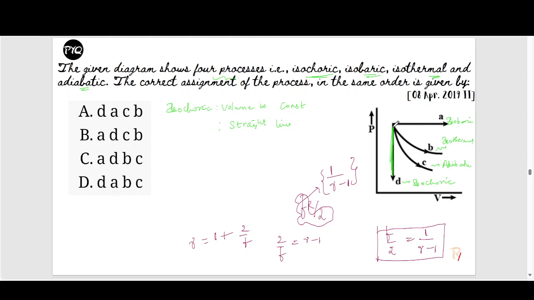And in isobaric, pressure is constant, therefore it gives a straight line as a result. From this we can clearly say that